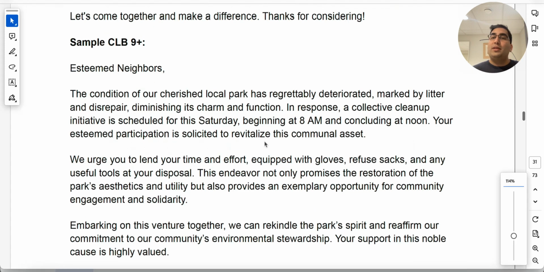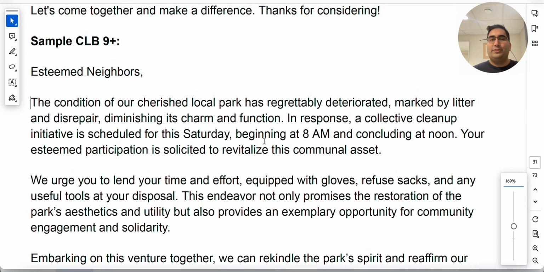All right, lots of great things happening in this sentence, and this is what I want you guys to understand. The adjectives that are used, cherished, deteriorated, these kinds of adjectives give you your marks for your range of vocab or your lexical resource. You have to use adjectives and adverbs, like regrettably, and the more adverbs you use, the better, but definitely you would have the chance to use adjectives. Adverbs sometimes you have to force, but it's good if you insert at least 1 or 2 or more